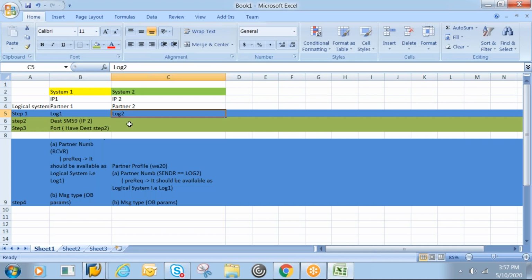So at the receiver side, you are creating a logical system with respect to the sender. At the sending system, you are creating a logical system with respect to a receiver. That is the difference. So now the logical system 2 is there that you have created. Now the point here is, in the sending system, what is the system name? Every system should have a name, right? A unique name only, right? So this system should hold a logical system. It means,